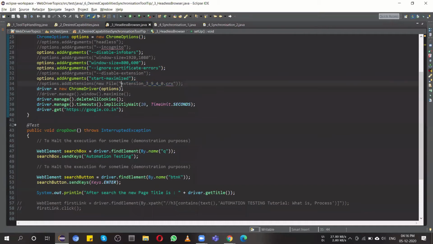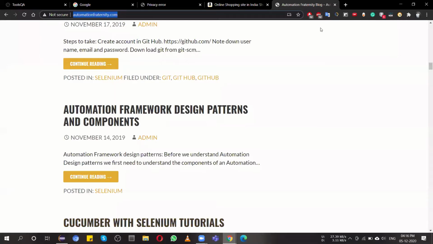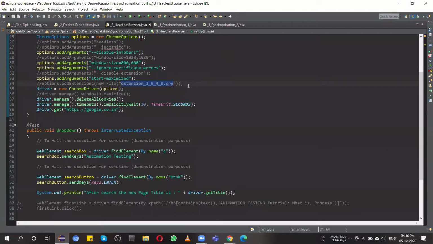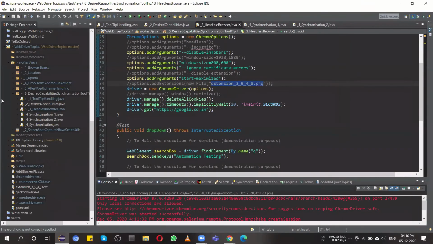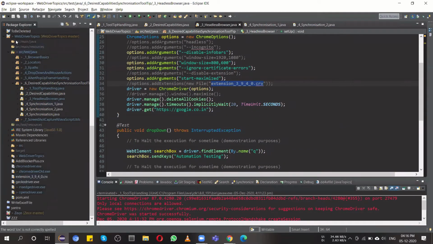Just don't go with this name; I know this is an ad blocker plus extension, and over the internet you are easily able to find how to extract this CRX file for the relevant extension you wish to add in the automated browser.